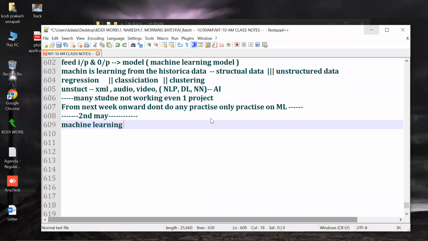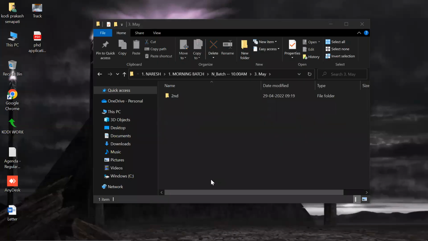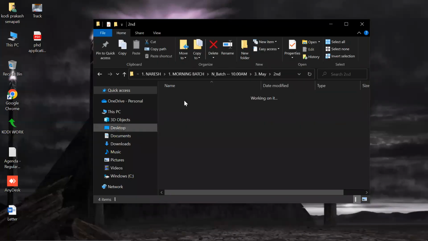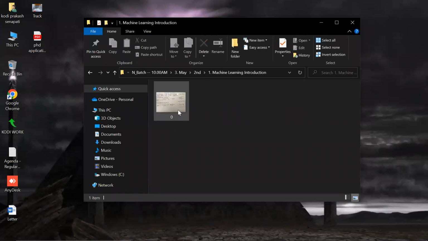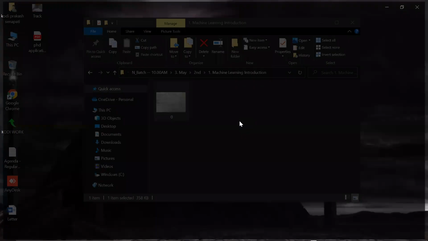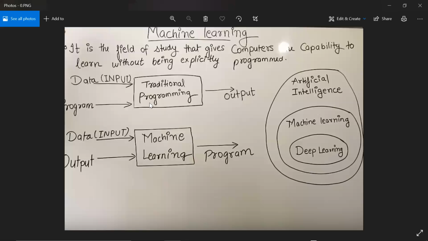So let me introduce machine learning. Let's see this, guys. As I just introduced on Friday, in a traditional programming language, what happens? We feed input and write a logic, and the output is generated.